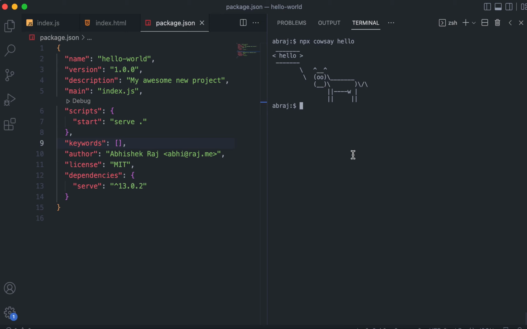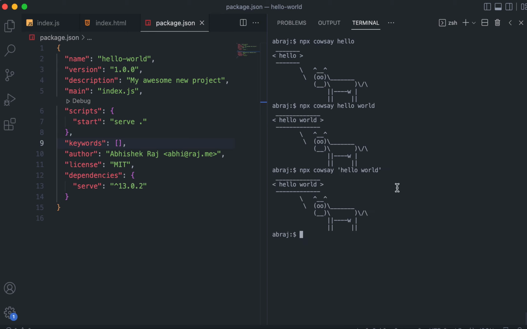Just one thing about whatever you are saying here: hello, and let's say I want to say hello world. You can give this in quotes also, but I believe that here both work because everything after cowsay is taken as one argument. And there is another package called, I believe,